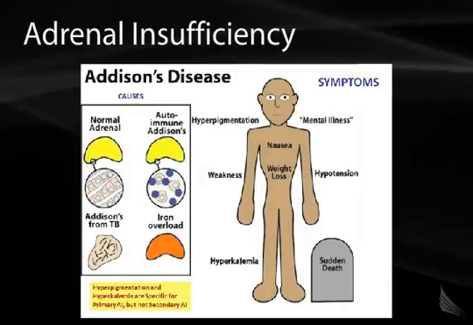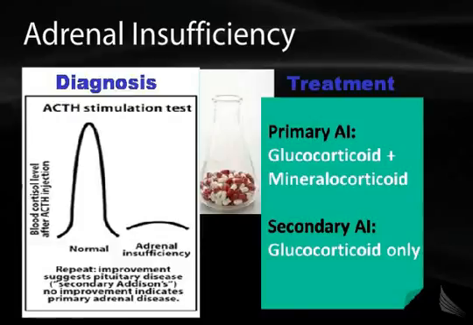And the problem is actually in the pituitary and not in the adrenal gland, and therefore in secondary, there is really no problem with the aldosterone axis, and so there is no hyperkalemia. The diagnosis and the treatment are obviously dependent on the cause. So diagnosis can be easily made by the clinical symptoms and the biochemical testing that I showed you, but in